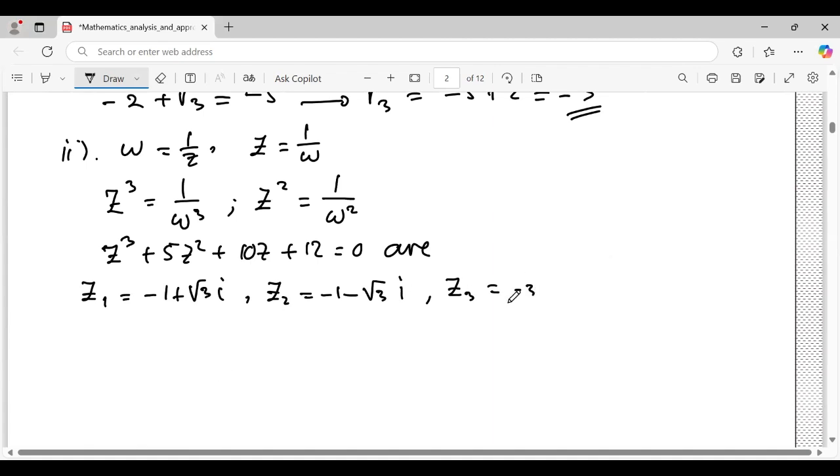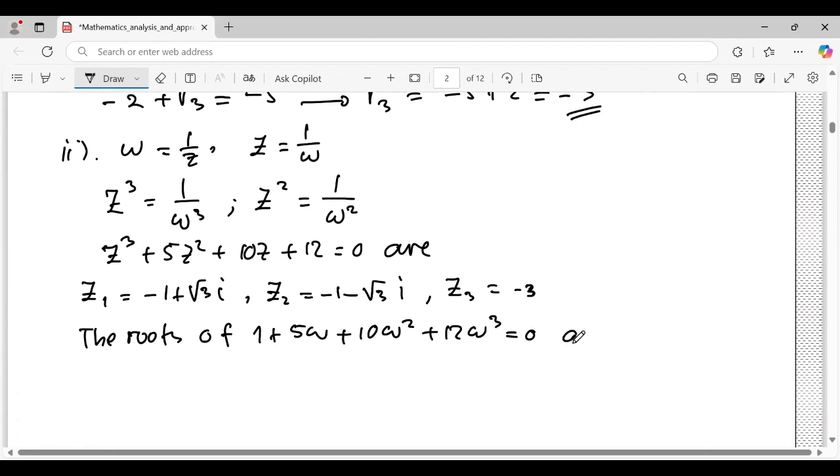We got this result in the previous equation and solution, right? So the roots of 1 plus 5w plus 10w squared plus 12w cubed equals 0 are